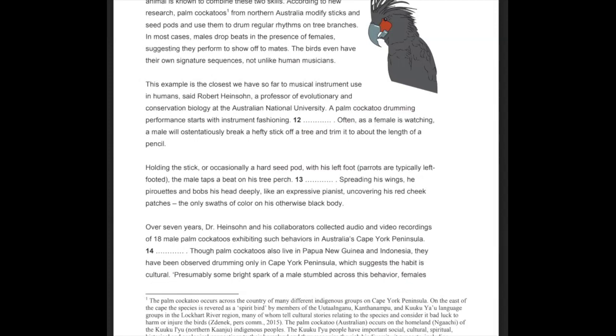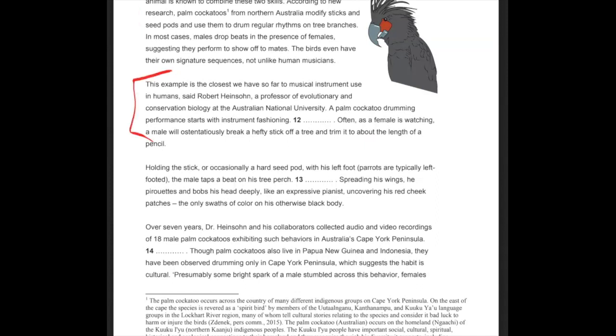So looking at the very first paragraph, sorry about the phone going off, you are welcome to read this because it can often give you some sort of indication of what the entire text is about. So definitely do read that, but I'm going to skip it for today because there's no missing sentence there. So jumping straight into the next paragraph.